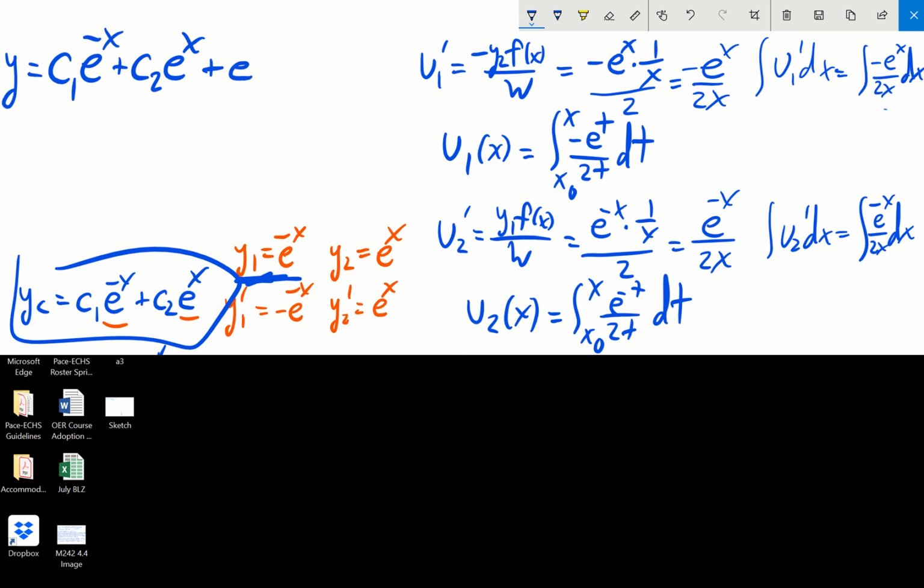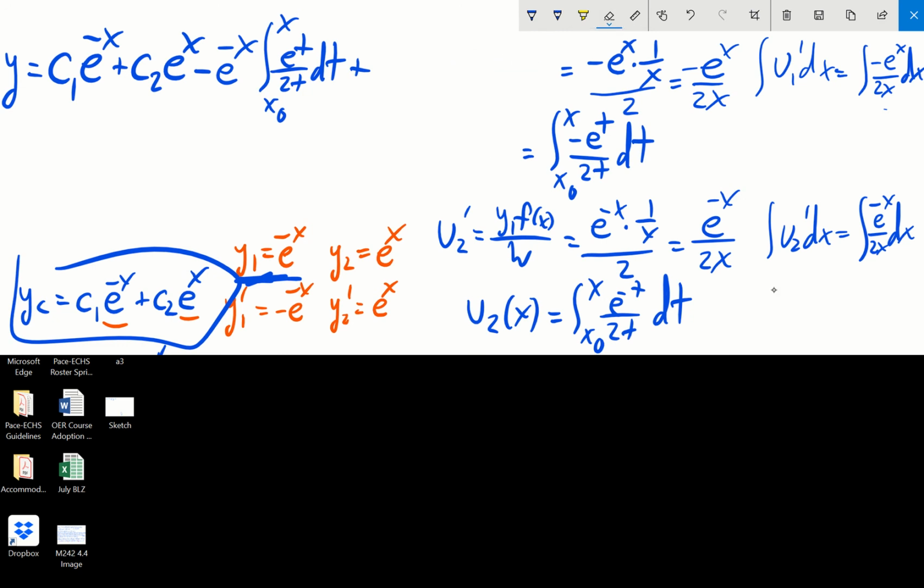So that's going to be plus a negative, and actually let me pull this negative out of here, just to save from writing so many signs. So it ends up being a negative y1, which is e to the negative x, times the integral from x sub 0 to x of e to the t over 2t dt, and then plus